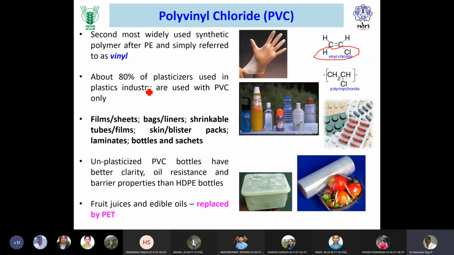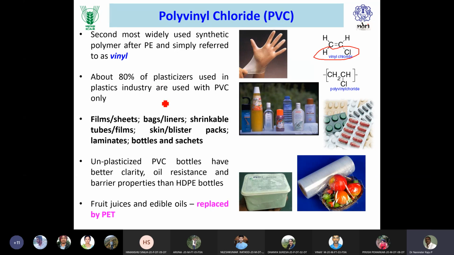The IS 9845 tells that for any material to be called a food grade material, it should not have an overall or global migration exceeding 60 milligram per kg. So any material having a migration of more than 60 milligram per kg cannot be called a food grade plastic. In terms of area, not more than 10 milligrams per decimeter square. If the plastic meets this criteria, then only it is considered as food grade and you can use it for food packaging or food contact applications, right? So this is a problem with this material.